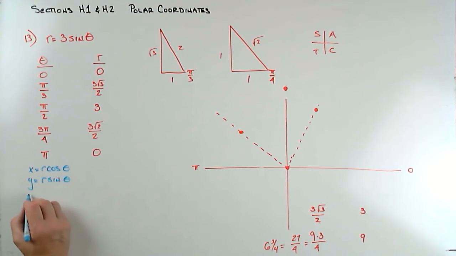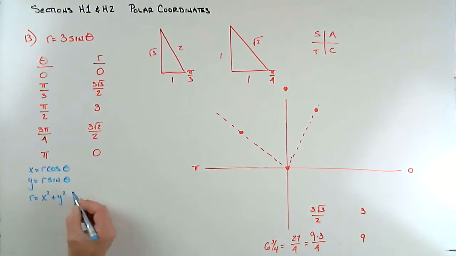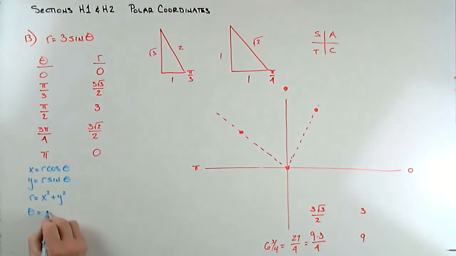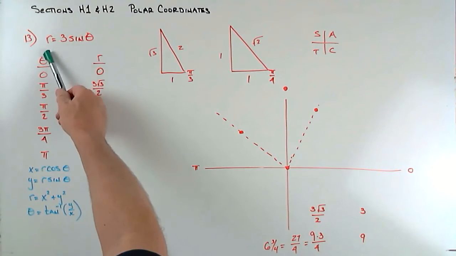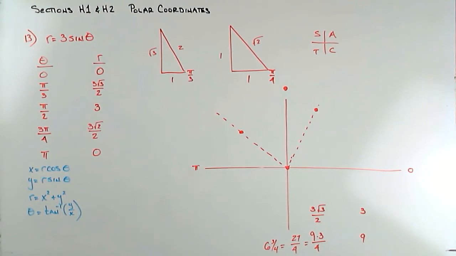And we know that r squared equals x squared plus y squared. And we know that theta equals the inverse tangent of y over x. So perhaps, from here, we can do some arithmetic with our given problem and see what we get. So if we take a look at what we're given,